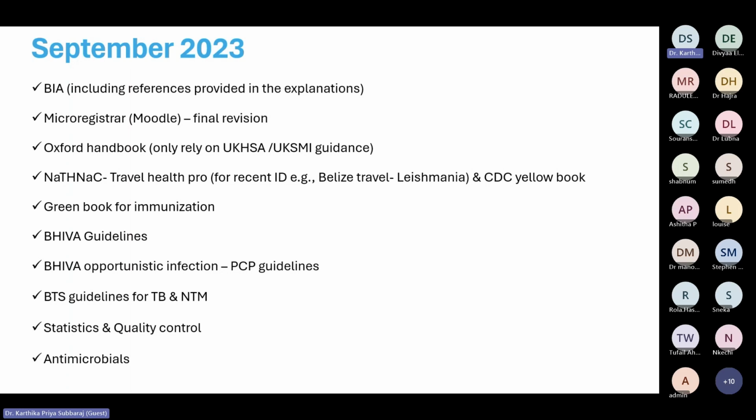And next one is the BTS guidelines for TB and NTM. Again, this document is also huge. What I would suggest is that mostly they are asking about mechanism of action, that's the crux of the drugs, or they will be asking about adverse effects, contraindications or drug interactions. And then they will be asking about resistance: what is MDR, XDR, and that sort of question, and what you will use in that circumstance. So those are the 3 things which I read about TB.